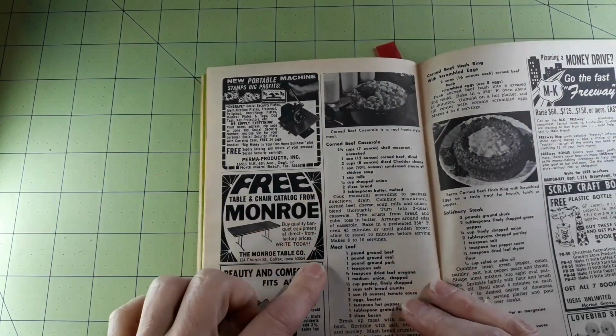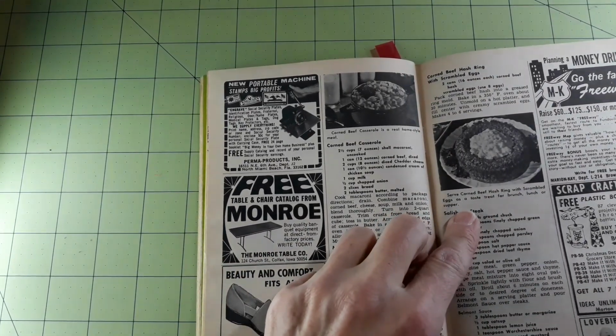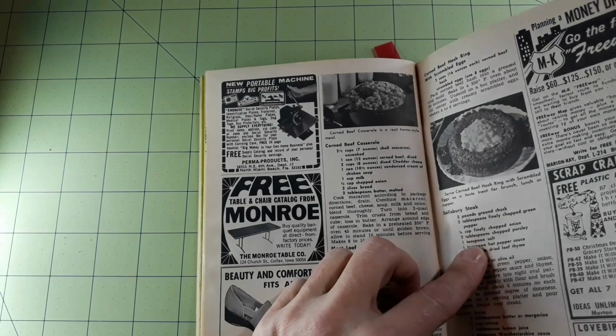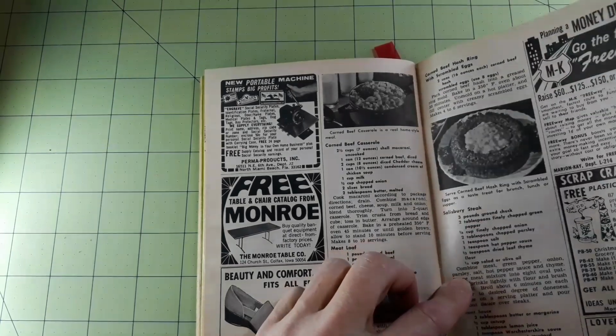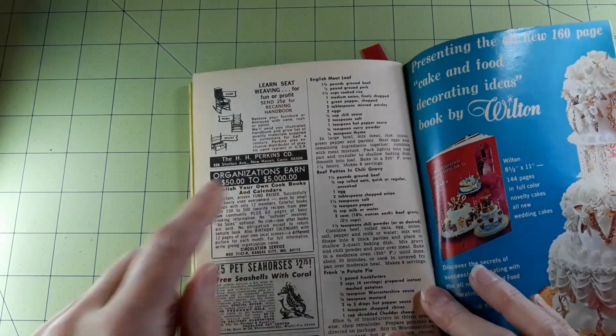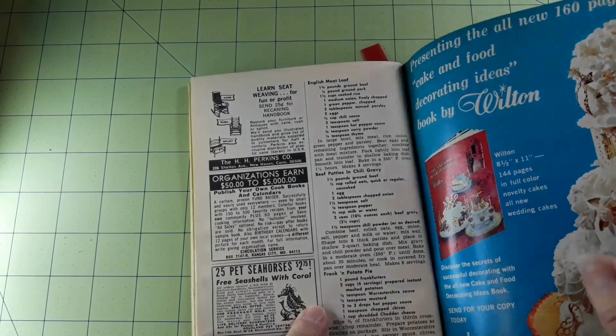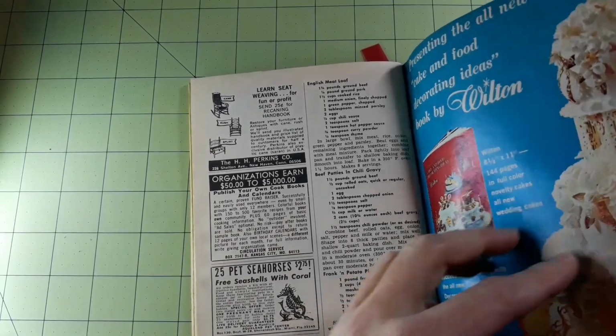corned beef casserole, meatloaf, corned beef hash ring with scrambled eggs, Salisbury steak with the Belmont sauce, English meatloaf, beef patties in chili gravy, frank and potato pie,